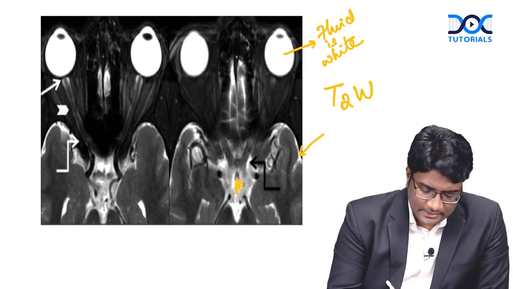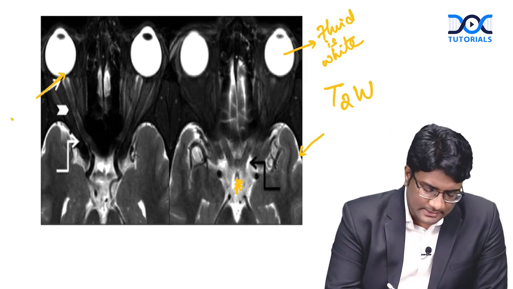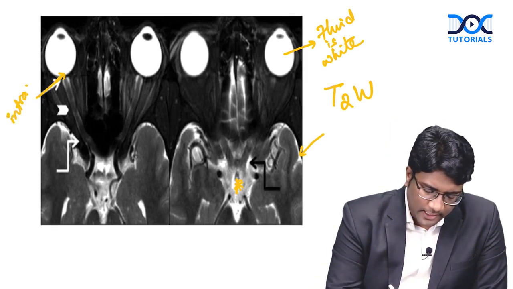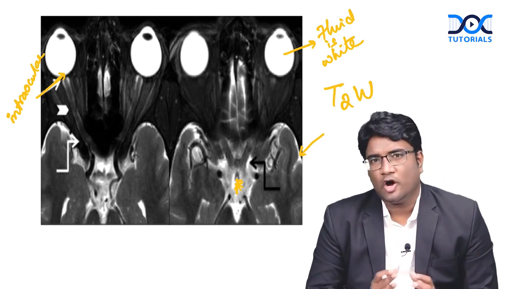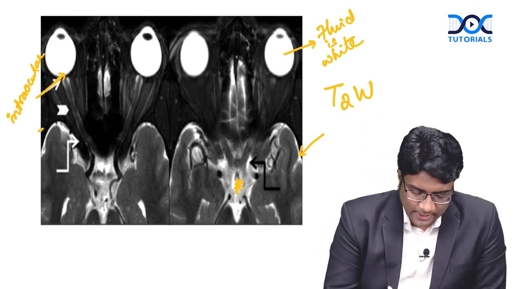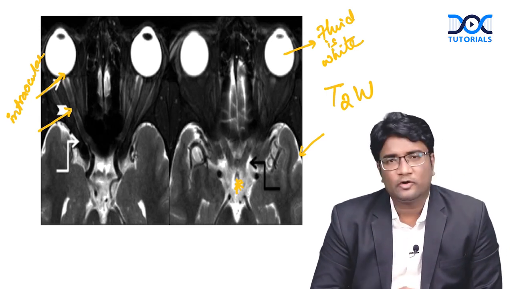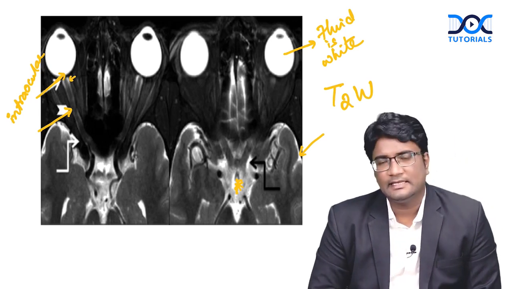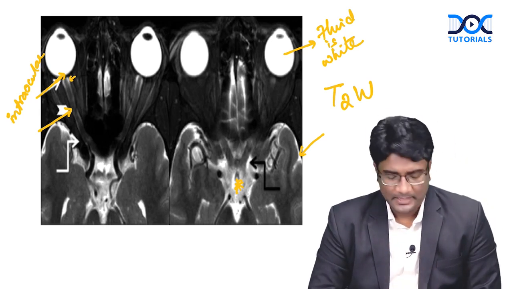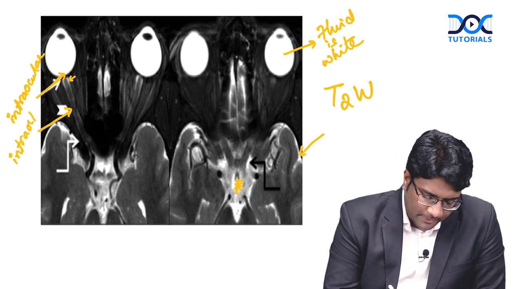If you can see here, this first part, just near the scleral opening, near the optic disc, this is your intraocular part of your optic nerve. The next one, the intraorbital part, has that subarachnoid space around it. I hope you can see the white hyperintense signal there. That is the subarachnoid space around. So this part, the longest part, is the intraorbital part.